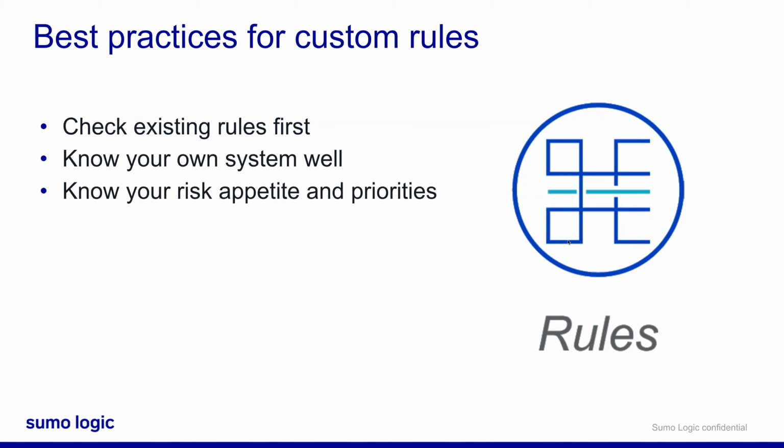You want to know about your company's risk tolerance, their risk appetite, and their priorities. And so what do we mean by that? Let's say we have a company that wants to monitor a large amount of outbound traffic, and they don't consider it a threat. So they assign a rule a severity of 0. Another company might be alarmed by a large amount of outbound traffic and consider it data exfiltration. They might mark the same rule as a severity of 5. Which is correct, a severity of 0 or a severity of 5? Well, it depends on your organization. And that's what we mean by risk appetite or priorities.